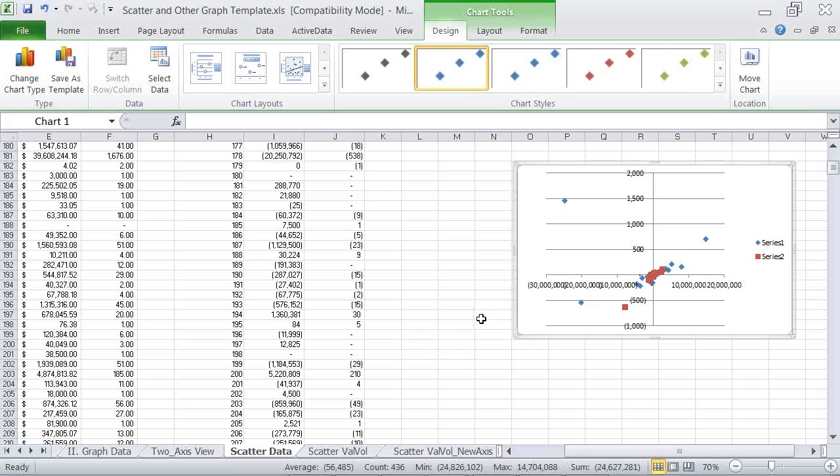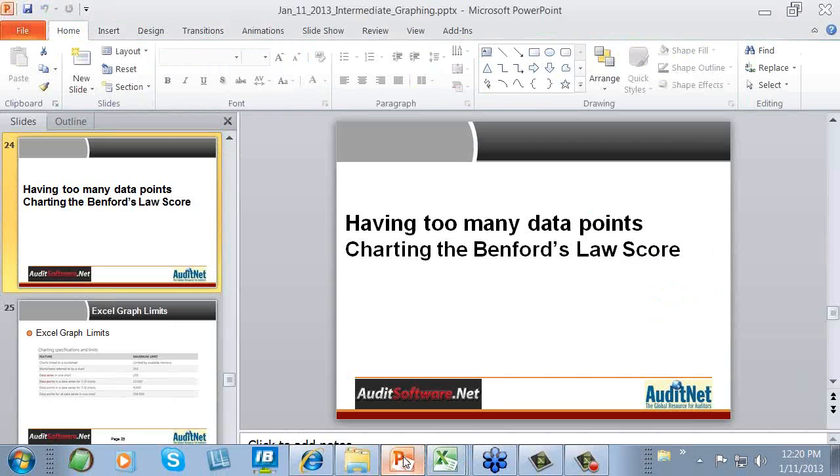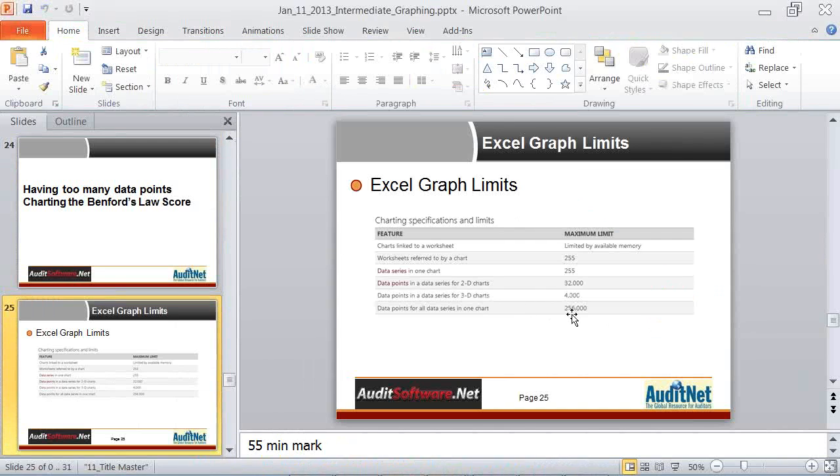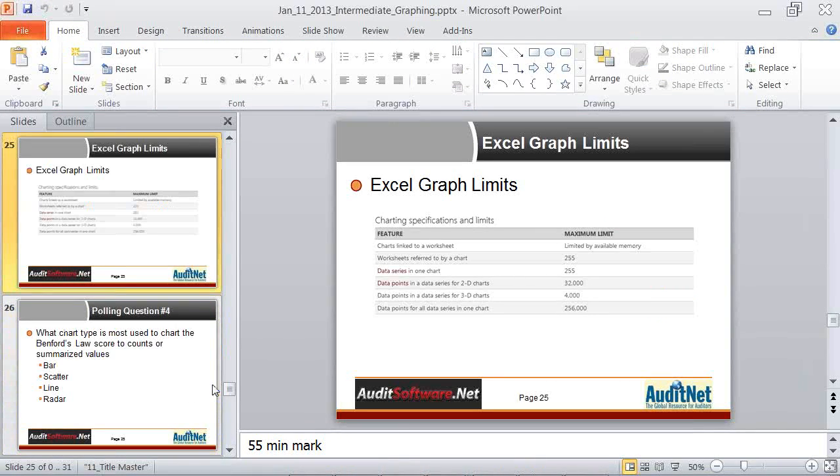The main point of showing this is to note that you can bend the limits of Excel a bit. As you notice, though, the largest limit was 256,000 data points, so I guess you could only have 32 times whatever to get to 256. So you have a fair number of data series you could post, but if you have 1 million records or so and wanted to put that into a chart, that's going to have trouble in Excel.